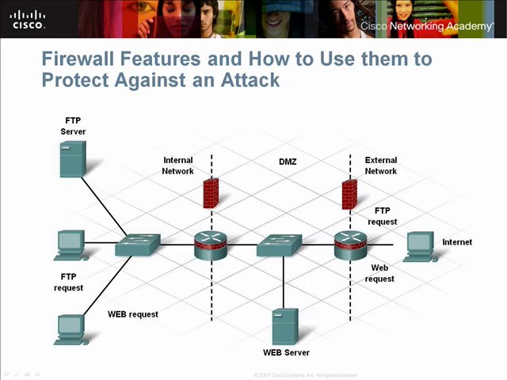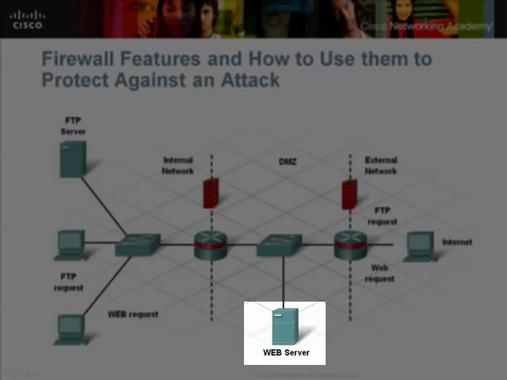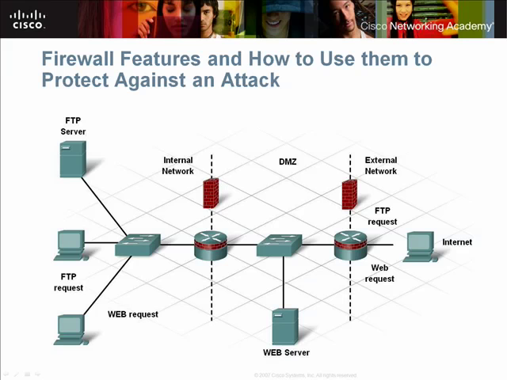Now let's give our network a context. Suppose that our network is that of a business that sells products via a web page. In this situation, external users should be able to visit the web page to evaluate and possibly purchase products. Likewise, internal users should have access to the company web page in order to find, let's say, product information. The firewalls in the DMZ architecture function to allow both external and internal traffic to reach the web server.